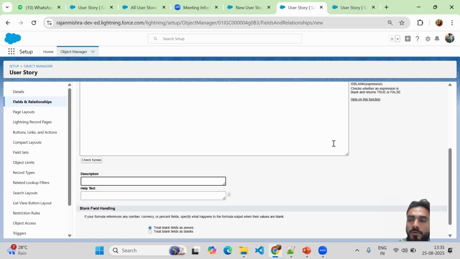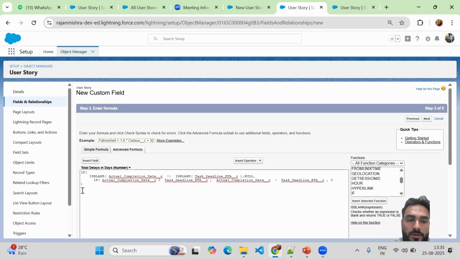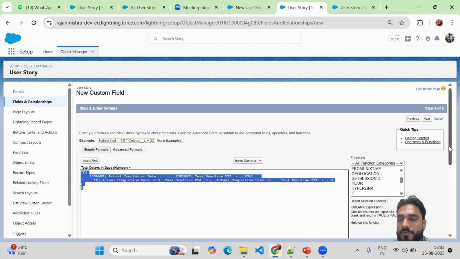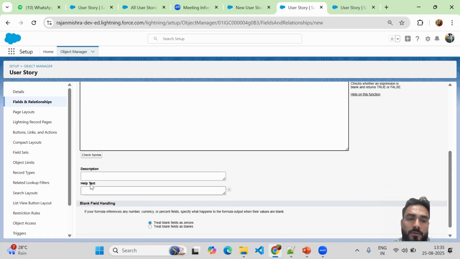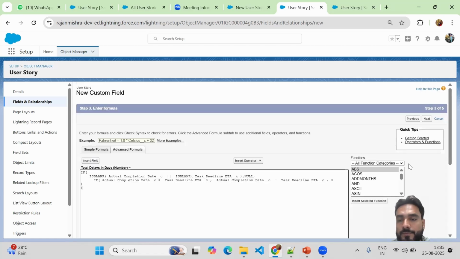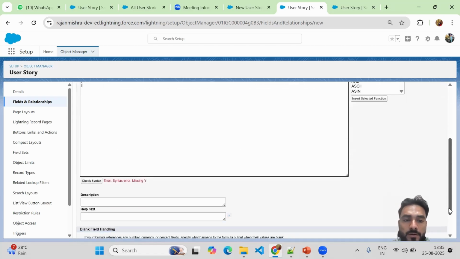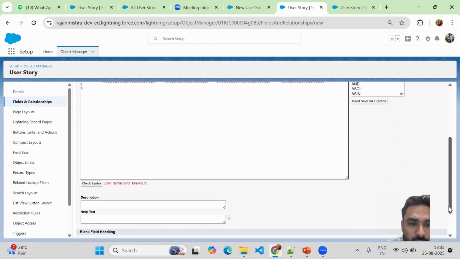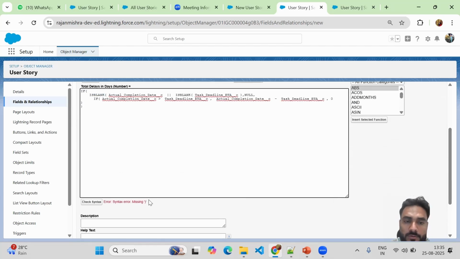That's a closing line, and again I will add another closing line. So this entire if condition will be closed. Now I will check the syntax error, and syntax error missing. Okay,